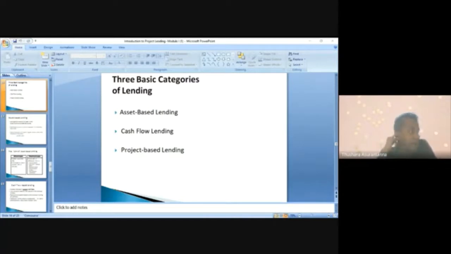For example, your repayment schedule is based on the borrower's timing of cash flows, right? How much you can pay during the first year, first month, first quarter. Then you set your repayment amount to tally with that. That's the most important thing in cash flow based lending. Collateral is not the primary consideration, like the asset base. Here, collateral is not the number 1 primary consideration.